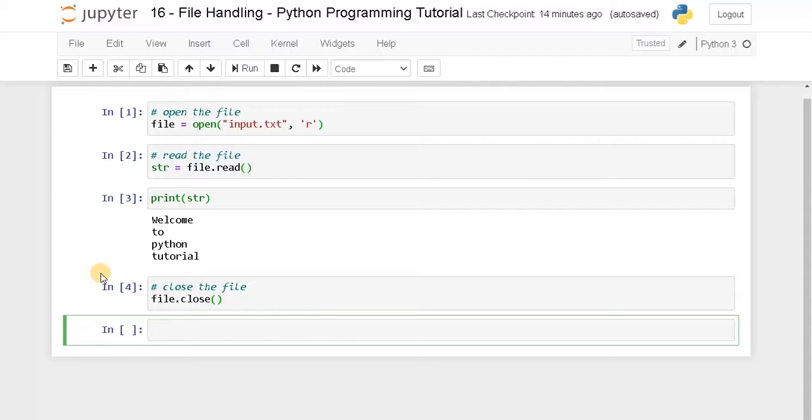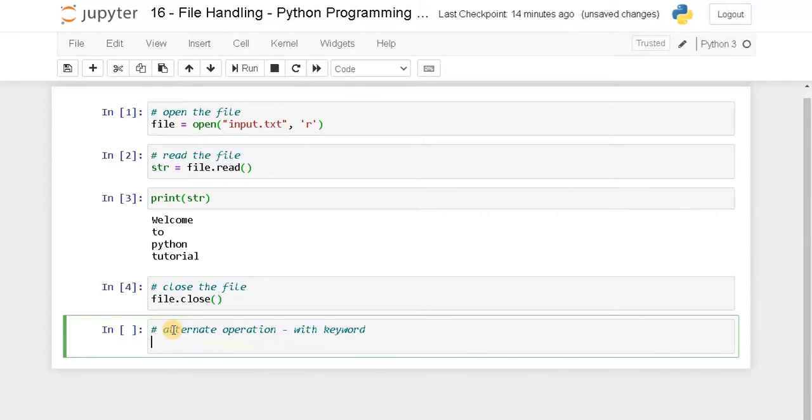Instead of opening and closing the files, you can use an alternate keyword, that is with. So the alternate operation is the with keyword. The syntax goes like this: with open file name input.txt and the access mode r as the name of the file, that will be file.